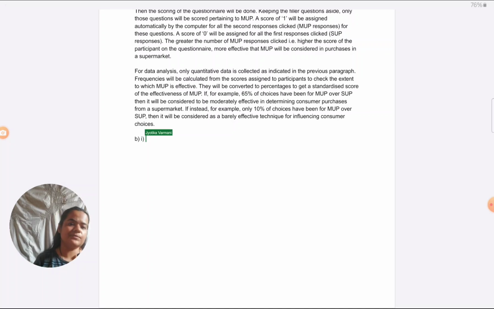So for the first part, what you can do is just describe that one field experiment of Vansing study from which we have taken up MUP. Of course, you can give a little bit about the aim and all of the study, but keep in mind that it is for 4 marks only, this answer. So how much are you going to detail? It's not even worth 6 marks, unlike your paper 3 questions. So really keep it brief.